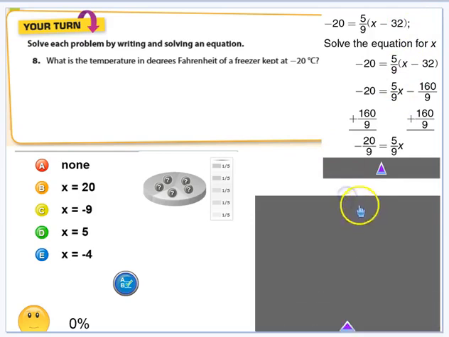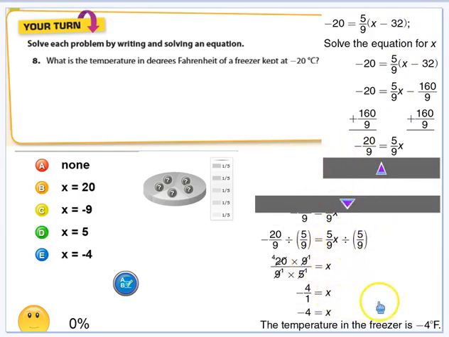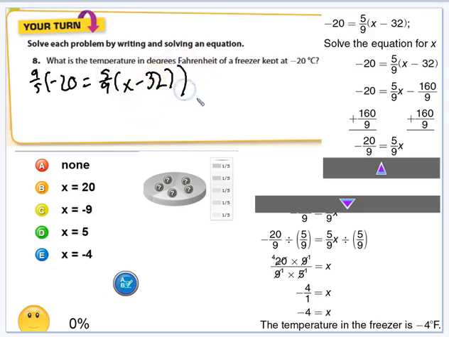I'm not a big fan of this way. So I'm going to multiply everything by 9 over 5. Negative 20 equals 5 over 9 x minus 32. And then, all right. So when I do this, the 9 over 5 times 5 over 9 cancels